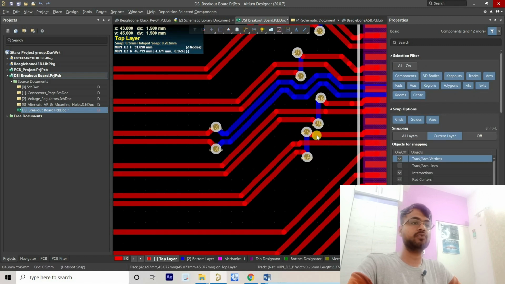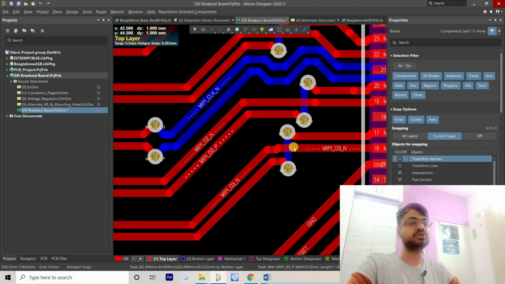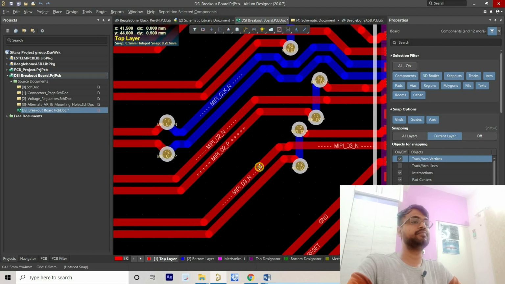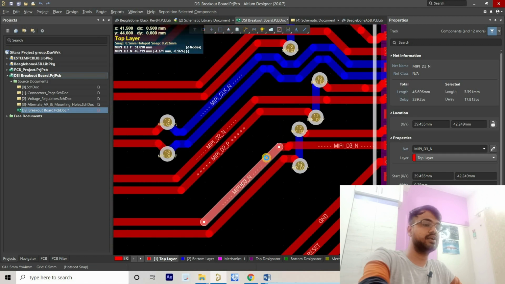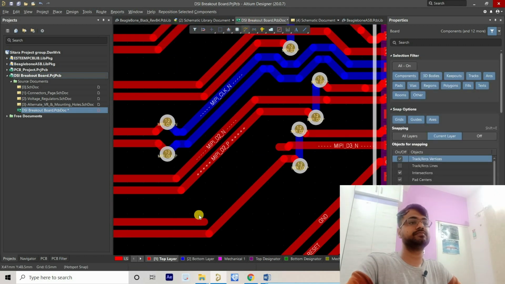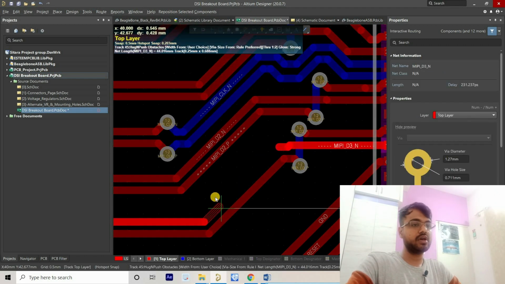So this is a rule you have to remember: whenever you have to add single-ended length, you have to add it closer to where it is lagging, right? So here we have to add the length in this section. I mean, manually, I don't know how people did it before. It's really difficult.